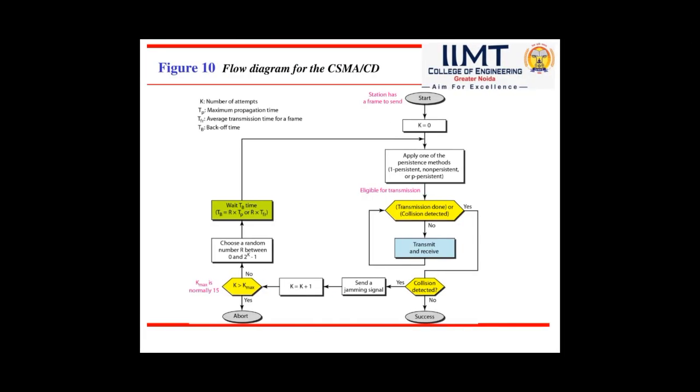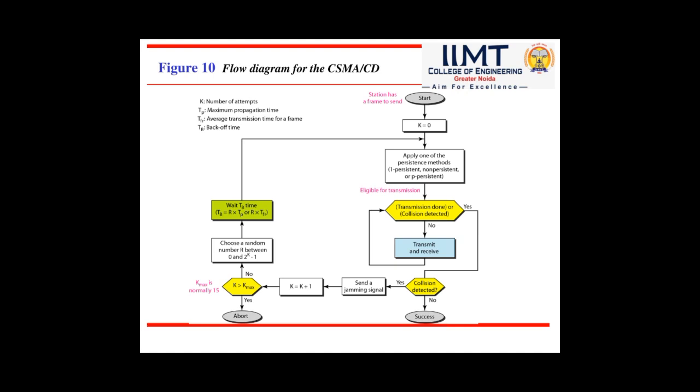Now the next concept is CSMA/CD, carrier sense multiple access collision detection. Then we will see carrier sense multiple access collision avoidance. Let us see how the collision can be detected and how the collision can be avoided. Here we understand this method by this flow chart. Initially, at the starting time, the attempt is 0, and k indicates the number of attempts. So in the first attempt,